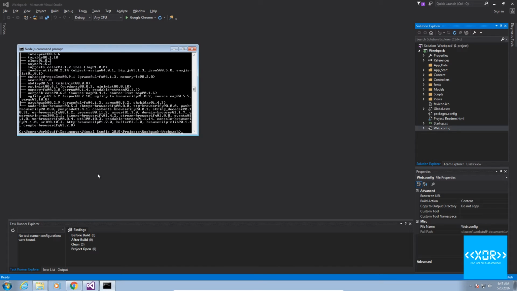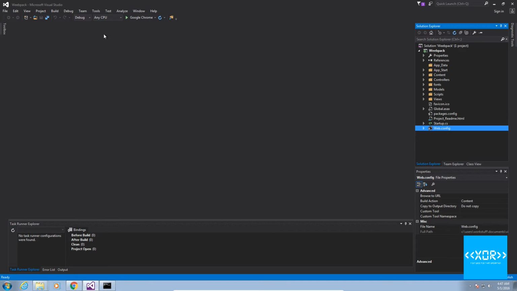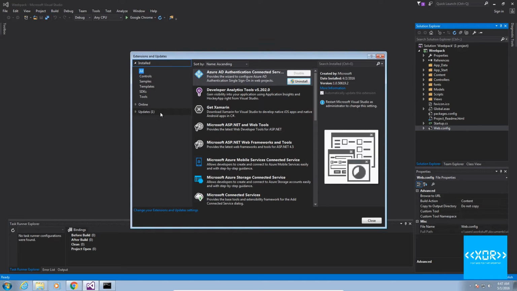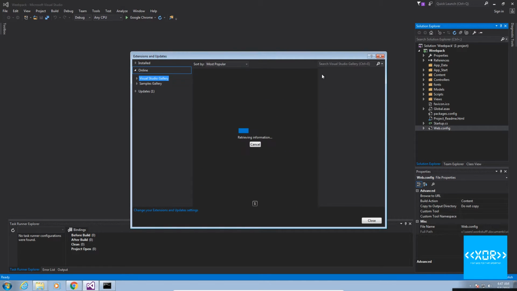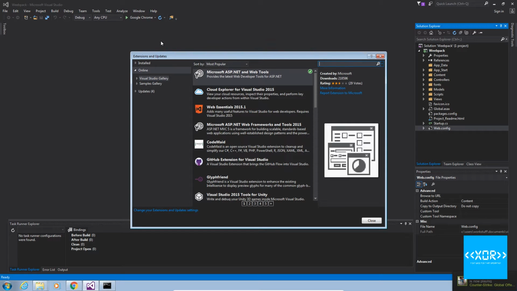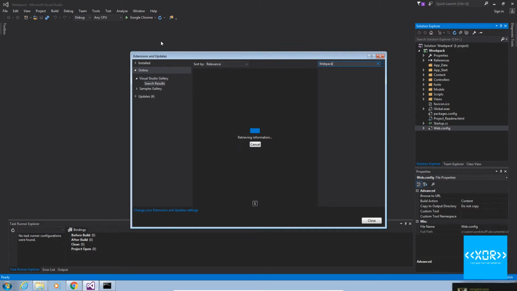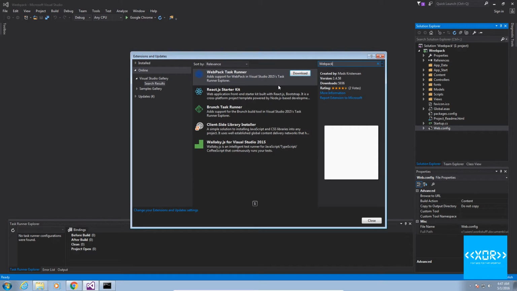So once you've got Webpack installed, the next thing you need to do is go into Tools, then Extensions and Updates, and we need to download a little extension for Visual Studio. We're going to go into the online gallery here, search for Webpack and hit enter. Then we're going to get this thing called Webpack Task Runner. Now we're going to press download,